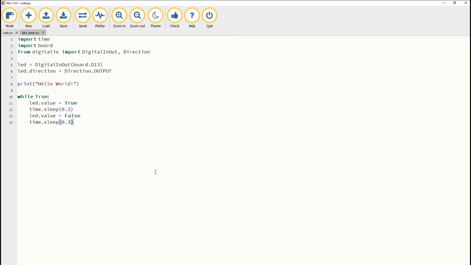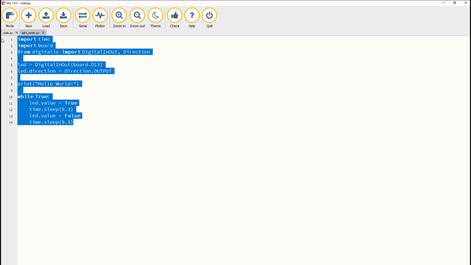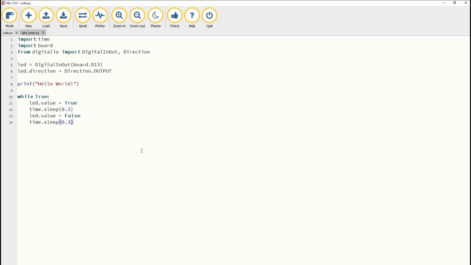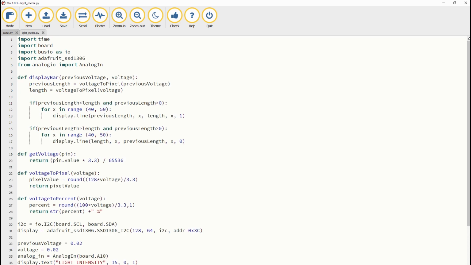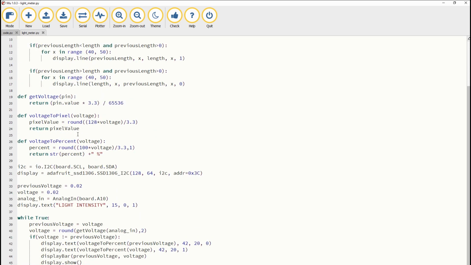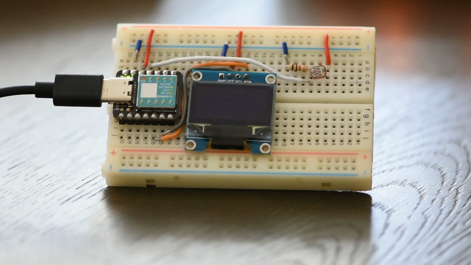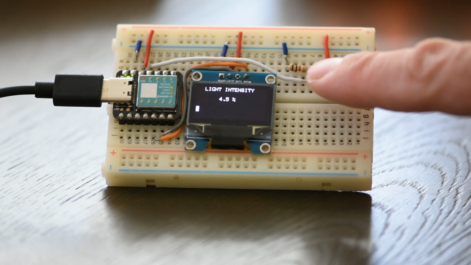So far we have developed a very simple Blink program, which was not easier than our familiar Arduino Blink sketch. So why bother to install CircuitPython on this board? Developing complex programs is much easier and faster in CircuitPython. In the next video, I'll show you how I developed this simple light meter in CircuitPython and why I truly like CircuitPython despite its shortcomings.